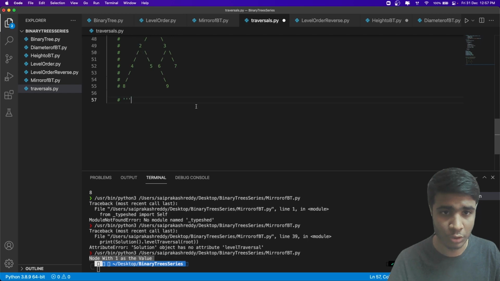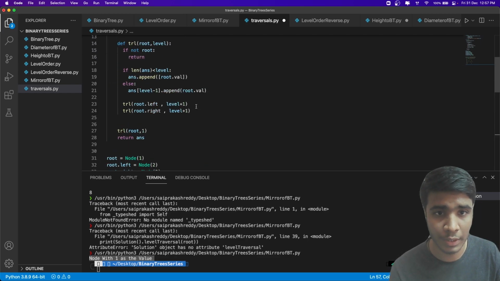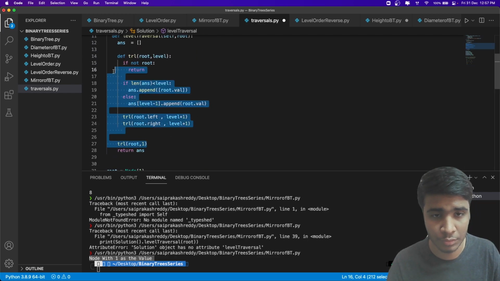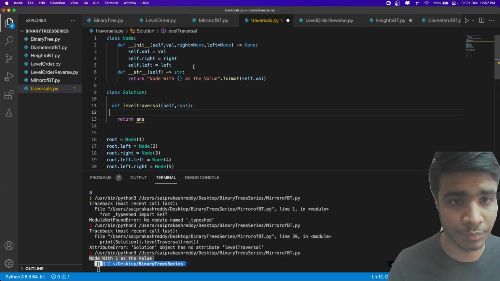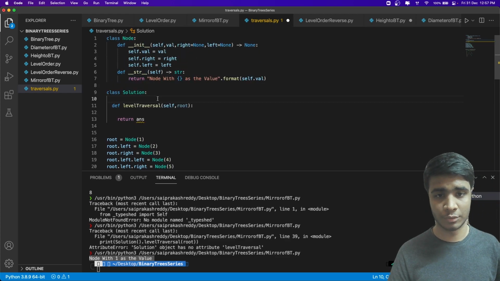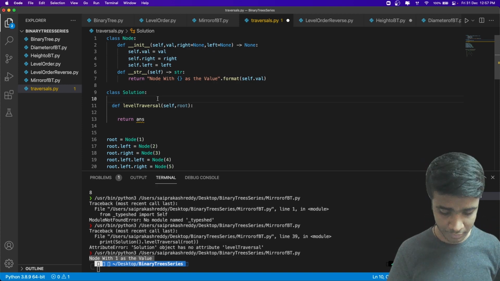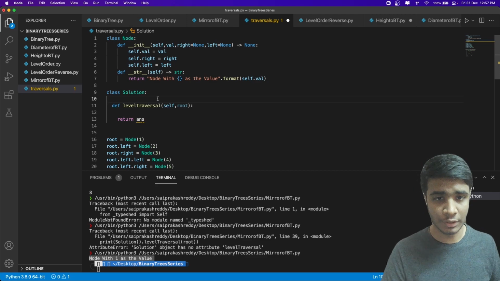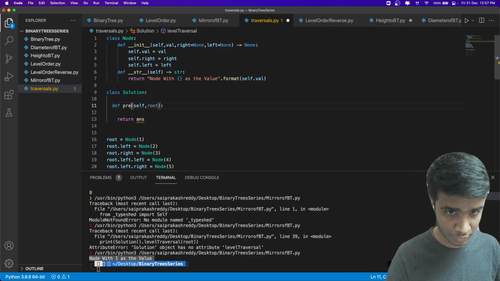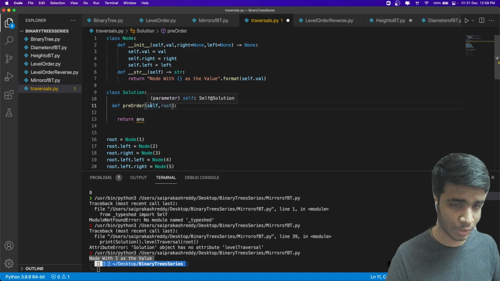The node is going to be the same, and let's remove this. Right, here we are. As I said, when you're traversing, let's solve for pre-order first. Then I would make small suggestions, and we can change it for everything.